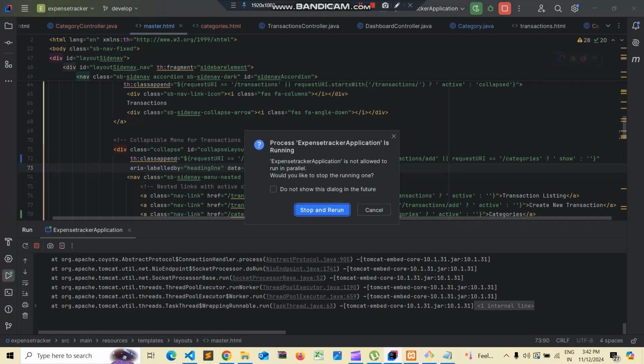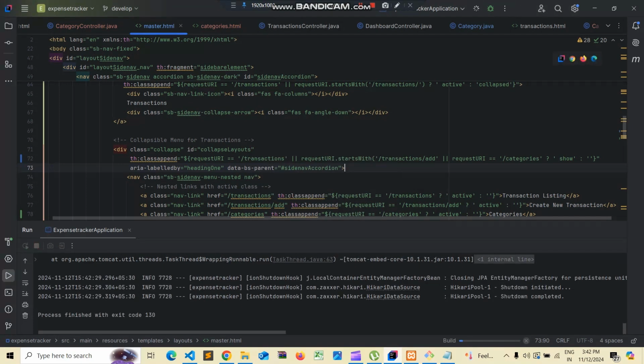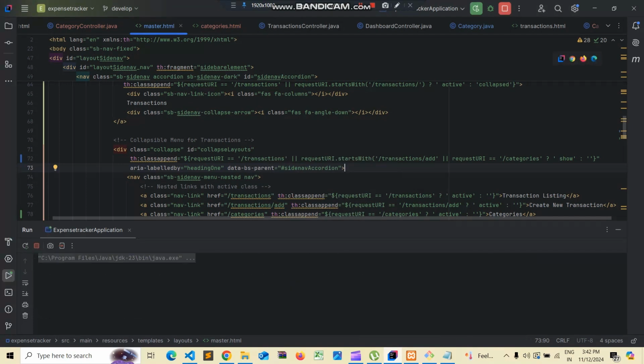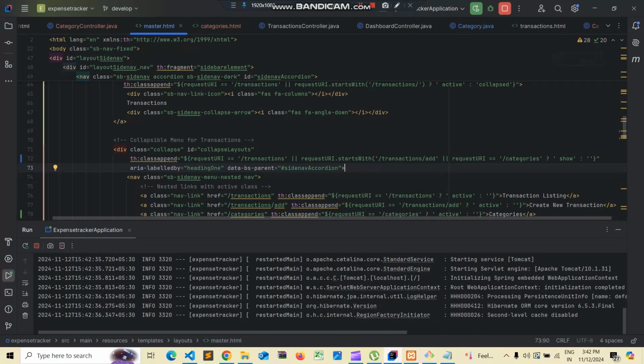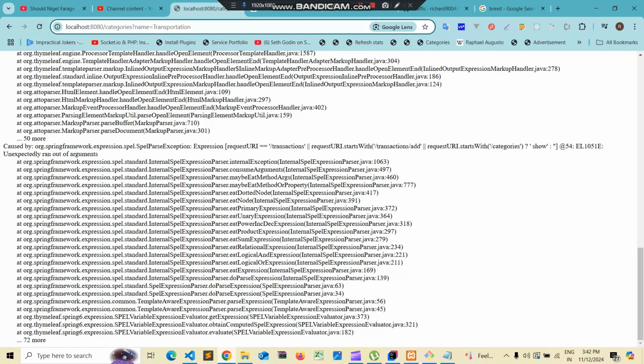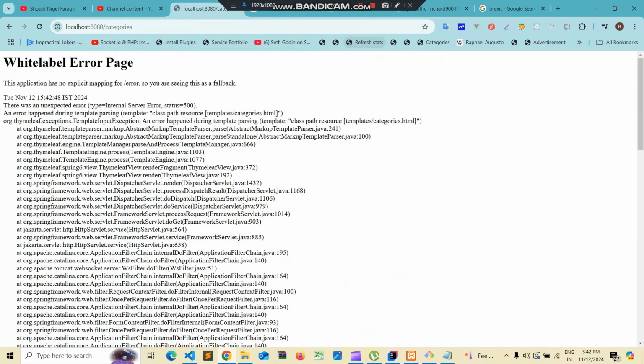So let's reload this. We have saved this. So let's restart the server now and check. If I put categories here, if I just remove this and put,